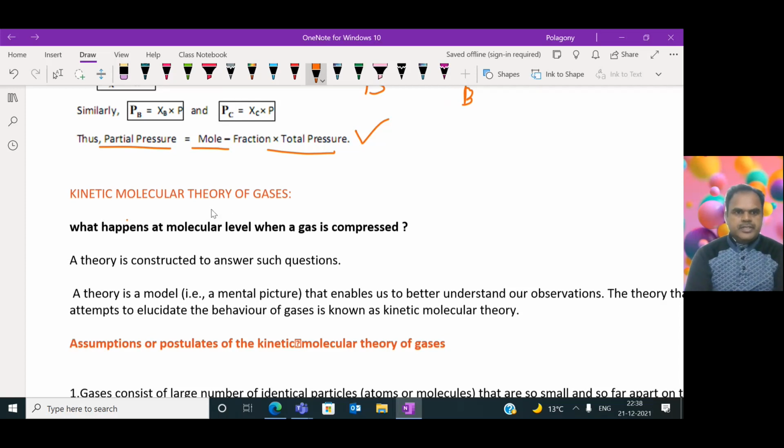Now, coming to the discussion about the kinetic molecular theory of gases. If you want to learn about the kinetic molecular theory of gases, actually why this kinetic